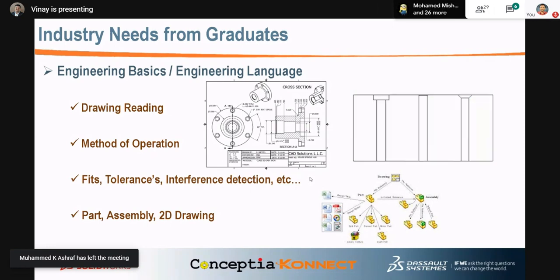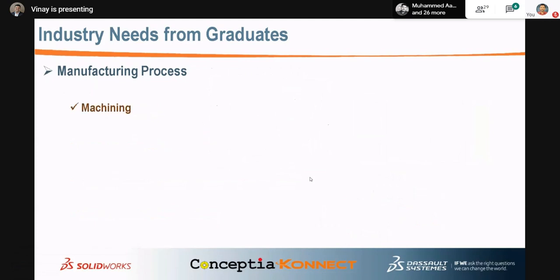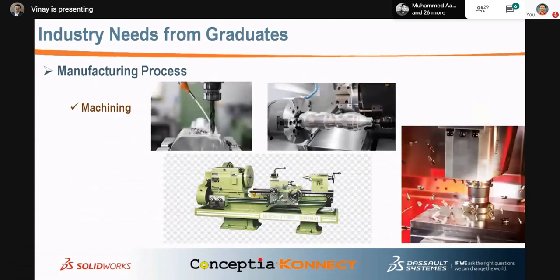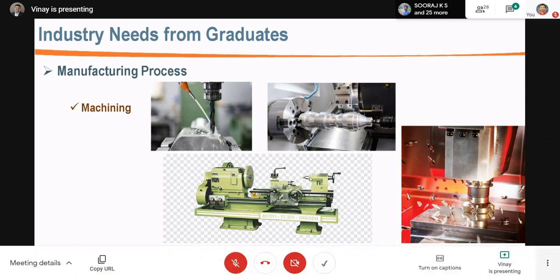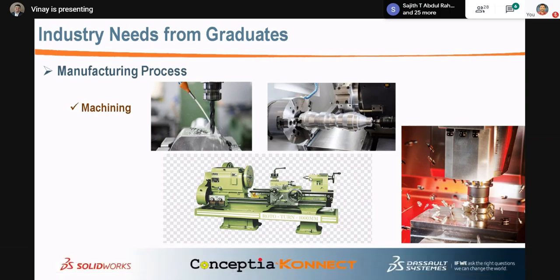Then manufacturing process. What does machining mean? What is a prismatic component? What is a turned component? By chance, if you are selected for the aerospace industry, and they tell you to take out the manufacturing process drawing, they will tell you to prepare the process drawing. What do you mean by process drawing? What information do I have to give in a process drawing? In the interview they will ask what a process drawing is. Can anyone explain it to me?